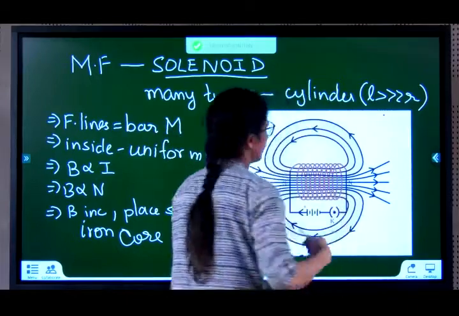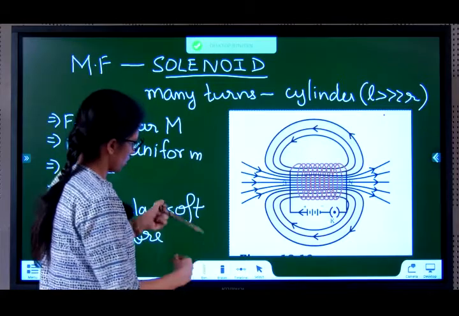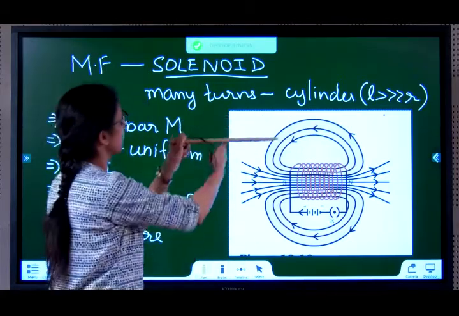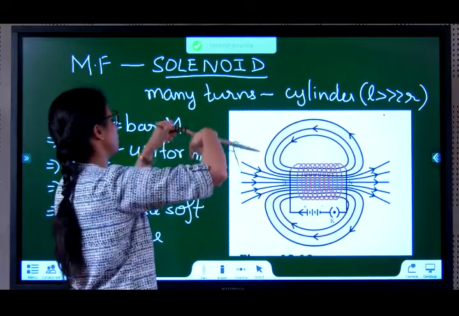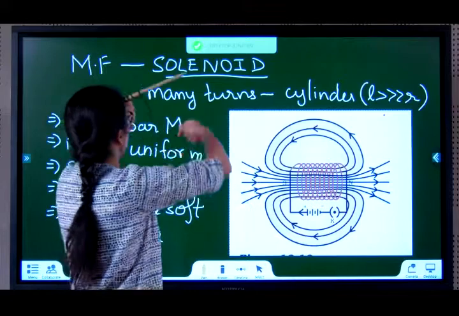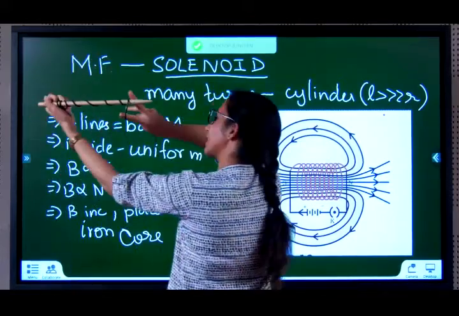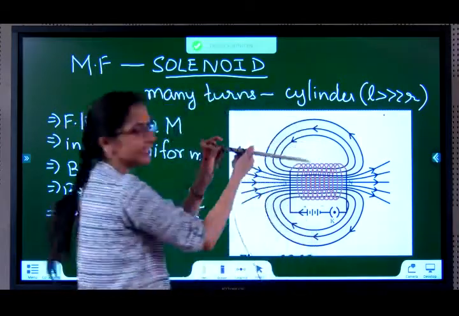I will show it again. You can start from any direction, doesn't matter. You can start with anti-clock also. I am starting with clock because here they have taken clock. This is all clock. And without changing this, if I go this side, you can see now it is anti-clock for me. I started with clock.